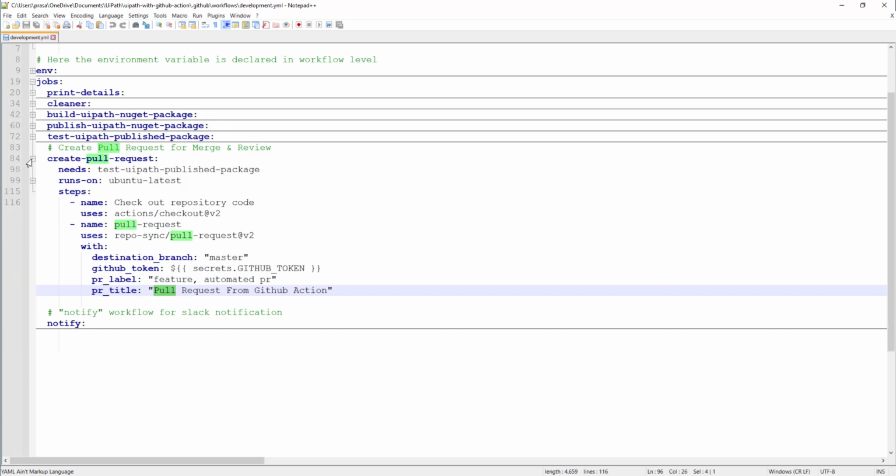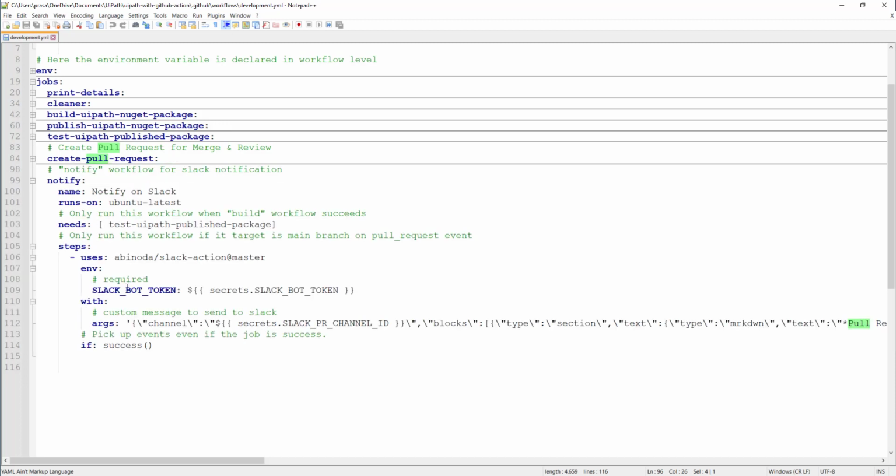And at the end, I am using a notify action, which is again an optional step, not required, but you should be able to build a notification so that you can notify on Slack or you can send an email. It all depends on your use cases. For this example, I am simply using a Slack channel where I am sending this detail just to notify the reviewer to please review the code, as a pull request has been created.